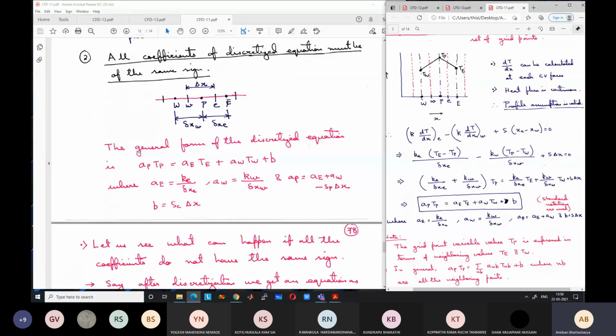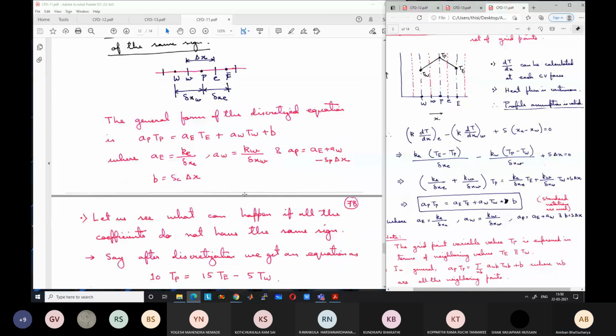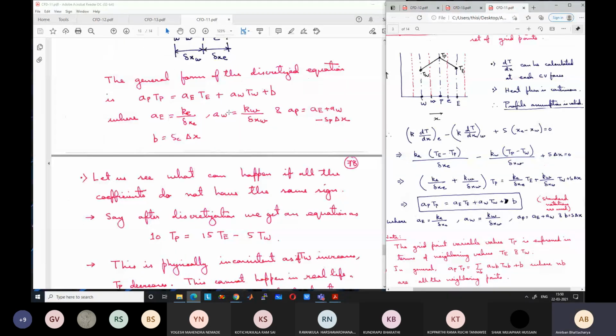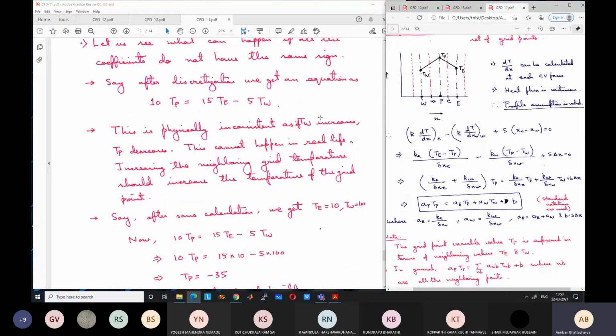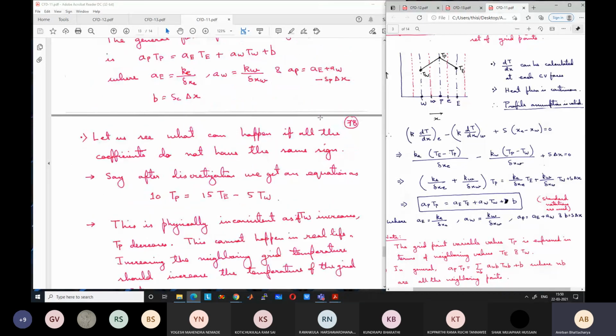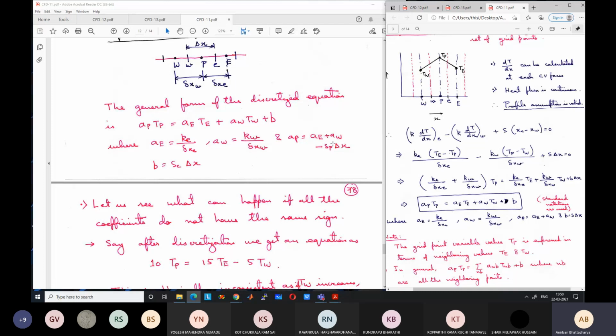So our third rule was that if the source term is linearized, SP must be negative. Why? What is the significance of that? If SP is negative, minus SP delta X is always going to be positive, and AE and AW are anyway positive. So this term is always going to be positive. So there is no risk. Without being negative also we can solve, but you cannot guarantee that we will get the correct solution. So better to have it negative. And we will see how to make it negative, even if it is not negative.